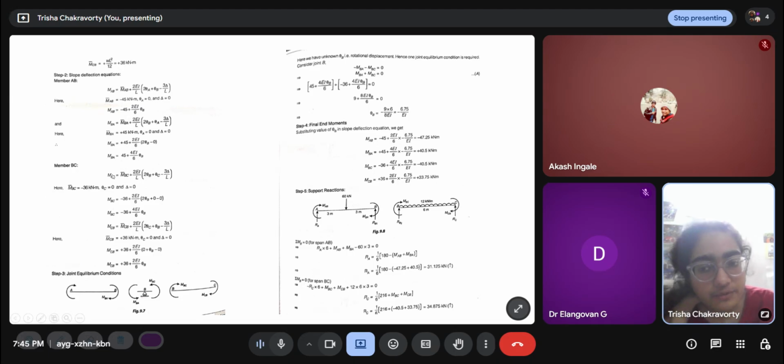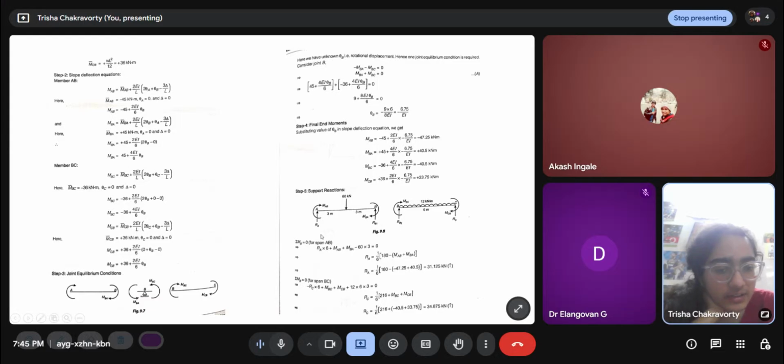And finally, I will get the final end moments by substituting. Now I have all these four equations, so I will substitute theta B in this equation. So I will get MAB. I will substitute theta B in this equation. I will get MBA, and MBA and MBC will add up to give 0. So I don't have to actually solve that. And I have to solve MBC here when I put theta B here. So I know all the end moments. See, these are adding up to be 0. MBA and MBC are plus and minus of the same value, because that is what the equation we solved.